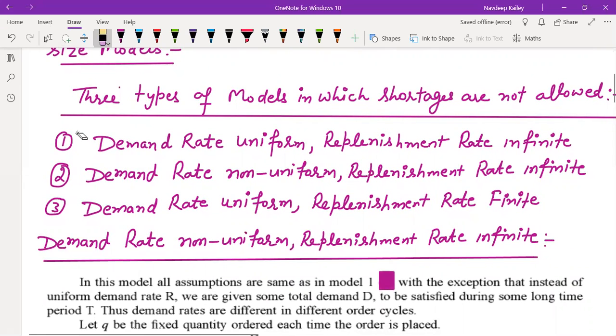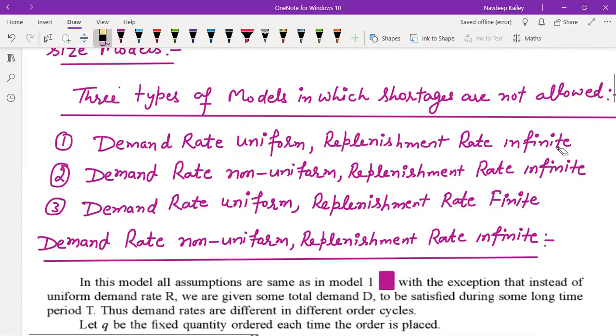Model one has demand rate uniform and replenishment rate infinite, and the models of second type have demand rate non-uniform and replenishment rate infinite, and model three is of the type having demand rate uniform and replenishment rate finite. In the previous video, I discussed the first model, that is the model with demand rate uniform and